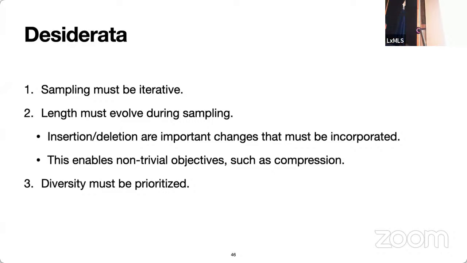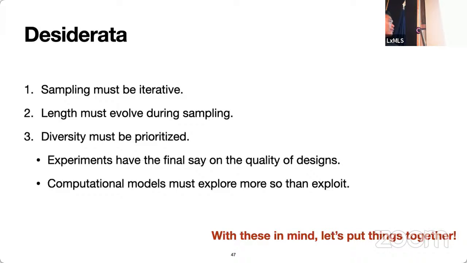So this actually allows us to work with some non-trivial objectives. And the third thing that is a bit different from many of the things you have seen so far is that diversity is super important. One thing I can tell you with 100% confidence is that real biology, real chemistry, real physics, they don't live inside our computers. Real biology lives inside us, inside rabbits, rats, llamas, monkeys, but definitely not inside our computer.